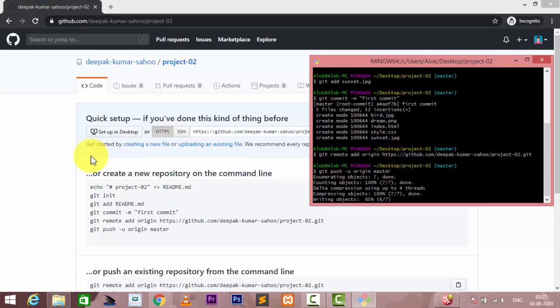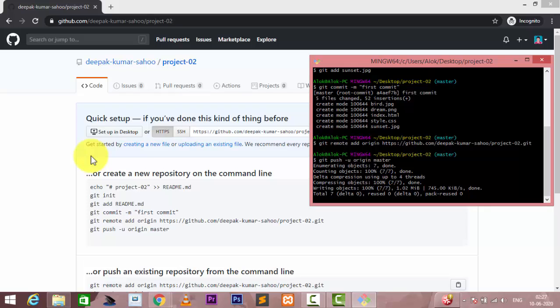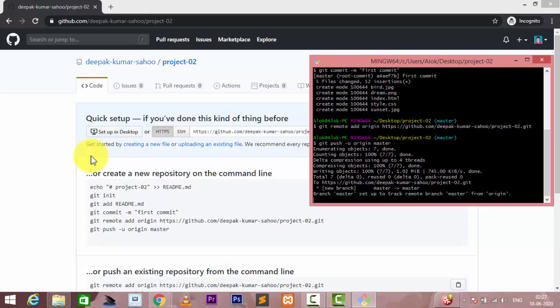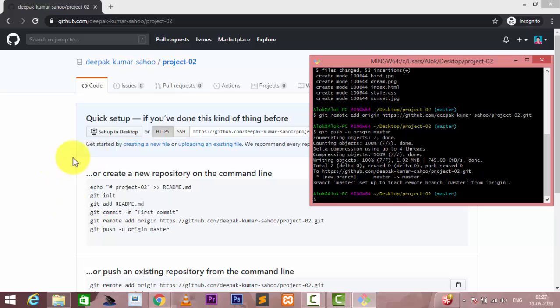After inputting our username and password, it is showing that our entire data is successfully uploaded to the GitHub website.